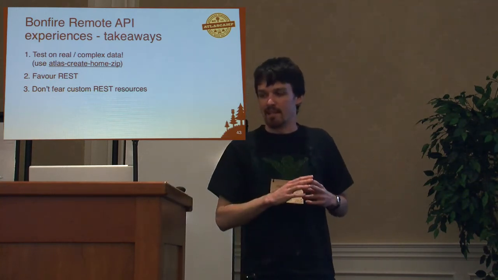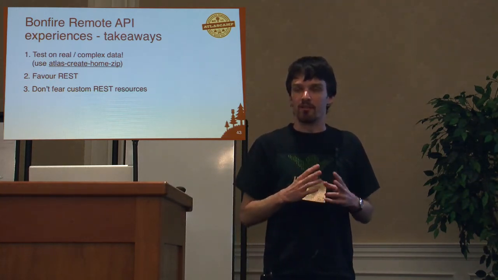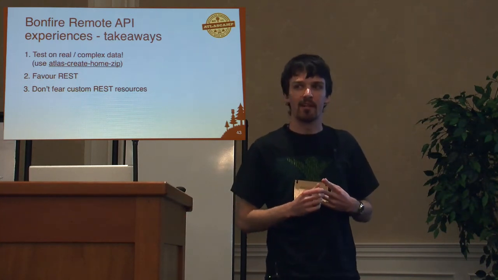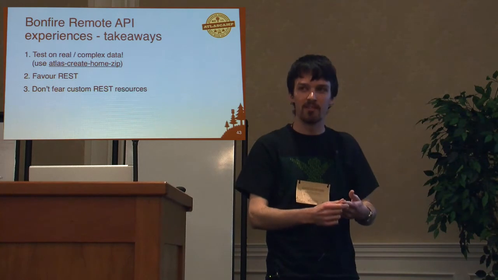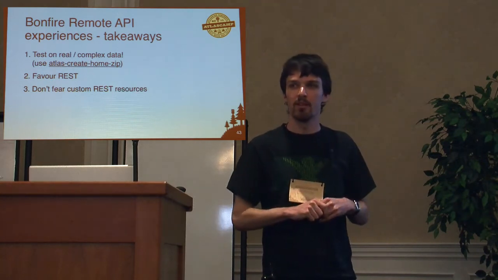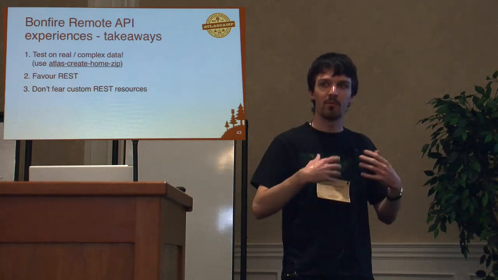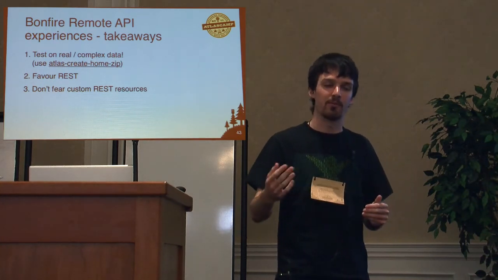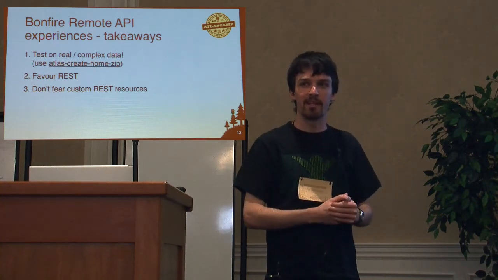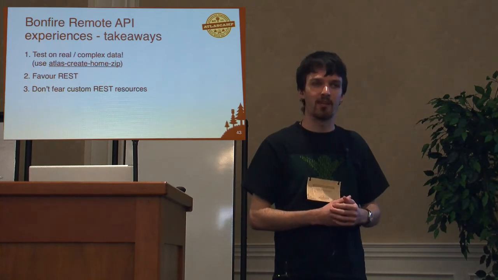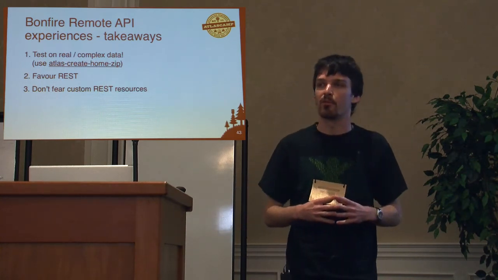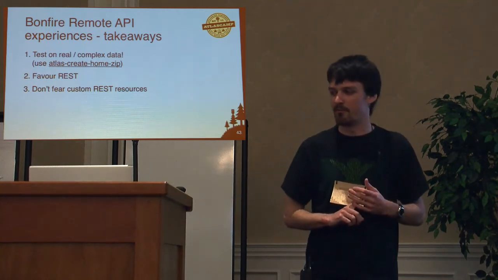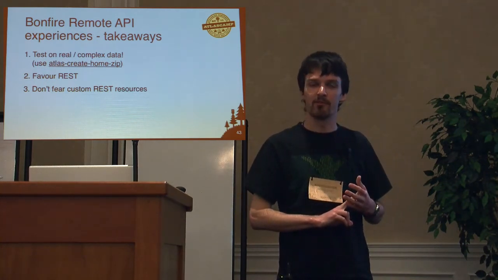The second main takeaway is that you should be favoring the REST APIs. So the XML RPC and SOAP APIs are no longer getting any new features added to them. They're in maintenance mode. So they'll remain, but you won't be able to exercise any of JIRA's new features. So for example, in JIRA 5.0, remote issue linking is available via the REST API, but not via the XML RPC or SOAP APIs. So that's one reason for you to be favoring REST, but a second reason for you to be favoring REST is that the error